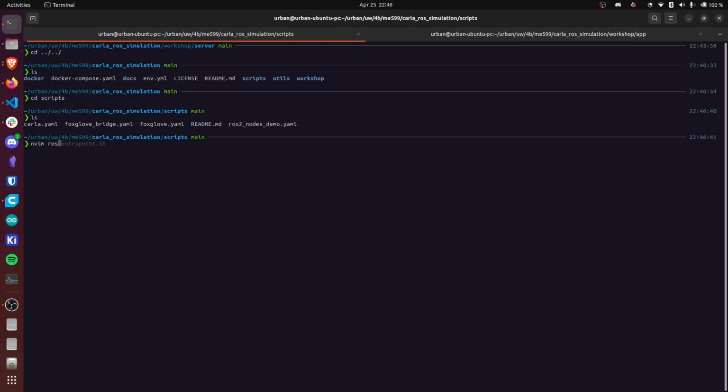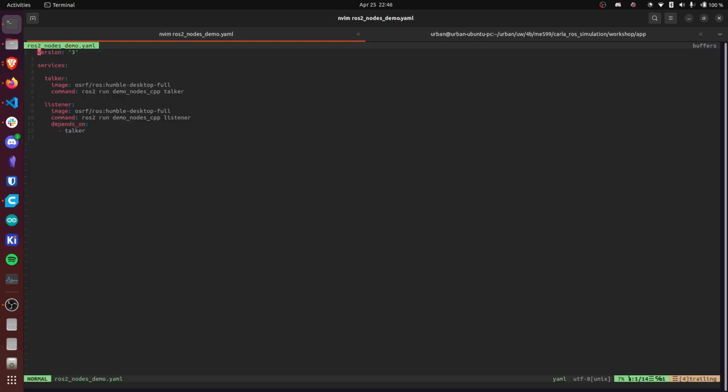And so if we just take a peek at what's going on, essentially it's just defining two services, one called talker, one called listener. And what this is doing is pulling this specific Docker image, which the Open Source Robotics Foundation, the people who create ROS, have provided for all their specific distributions. So here we're using Humble for this example. And so we're just pulling that container, and that container actually contains some sample code, some sample nodes. And so we'll run one of the sample nodes, which is the talker node,